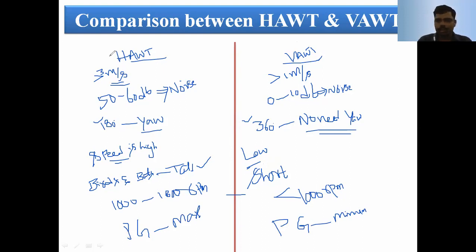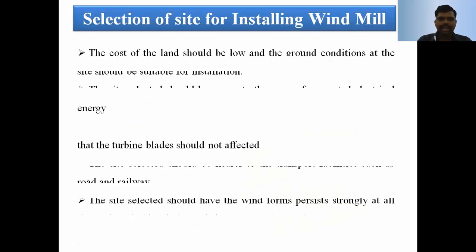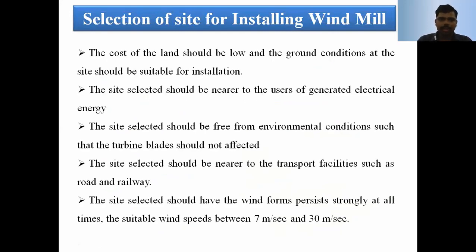That is, the anemometer is used to measure wind speed for both horizontal as well as for the vertical axis windmill. And the next topic is selection of site for installing windmill. Before erecting the windmill, that is either horizontal or vertical axis wind power generation, the selection area within 5 miles of the road, that is nearer to the transportation facilities such as road and the railway facility, because at the time of construction we need to import for the heavy equipment, that is wind blades, shaft, yaw control, yaw mechanism, alternator, and so on.